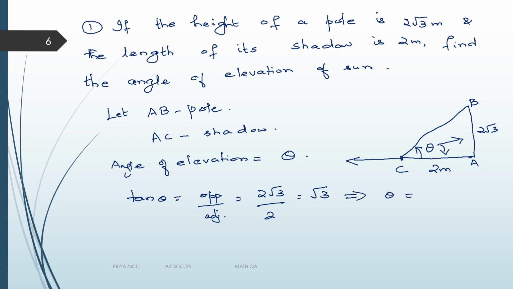I gave you the table. If you just refer to the table with you, it's better to have the table. How to generate the table is a very short cut, but when problems are there, we cannot be generating the table for every problem. So have a ready reckoner, just keep it next to you. Yes, so the value 60 degrees will give me root 3. So the angle of elevation is 60 degrees, right? Hope you understood this particular problem. The sun is at 60 degrees above the ground level.